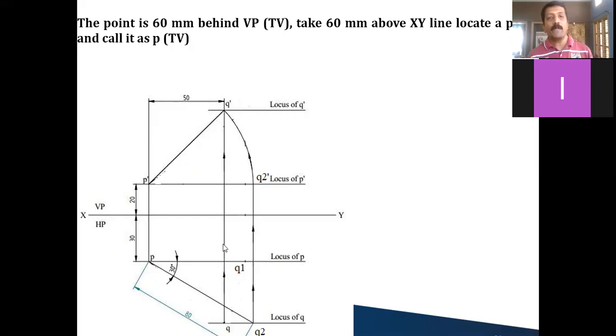And how to get the front view? So we know the true length diagram here. From Q2 you draw a vertical projector line from here till it cuts the locus of P dash and call this Q2 dash. Now with P dash as the center and P dash Q2 dash as the radius, you cut an arc. Wherever this arc cuts the 50 millimeter end projector line, on that point you call it Q dash. Join P dash and Q dash with a thick line. This is your front view. Okay. Now we can draw the horizontal projector line and call that the locus of Q dash. So this completes the front view diagram also.